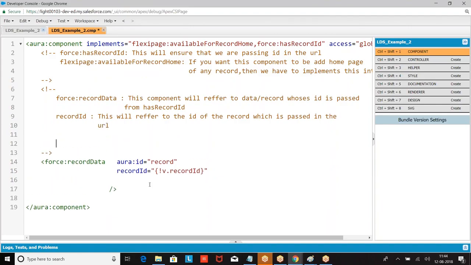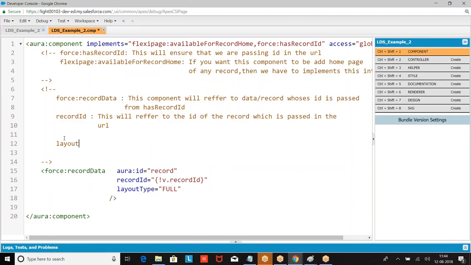Next we have layoutType. You can say full or compact. This will specify which fields you want to refer from the record.